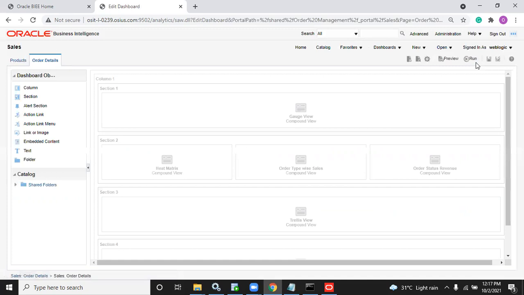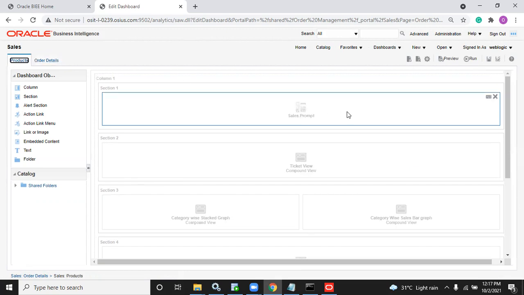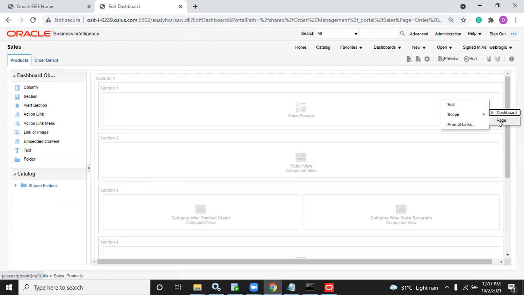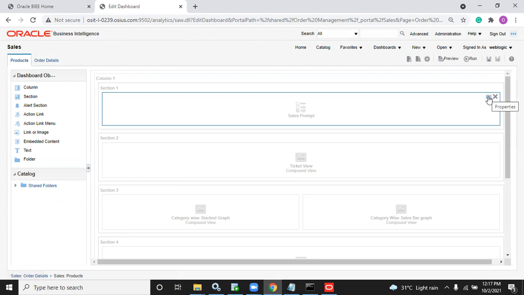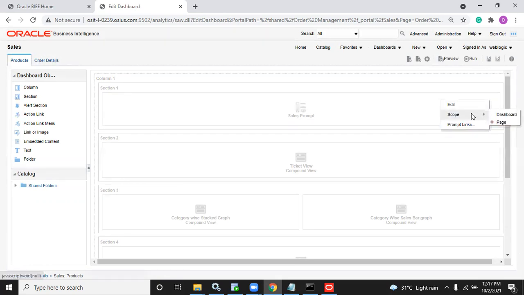The place where it can go around, the availability of that generally. So right now the prompt scope is the entire dashboard. You change that to page level. Wherever your prompt is there, just go to page level so that it will not push the values to the next page reports. Whatever reports are present in other pages, it will not affect.